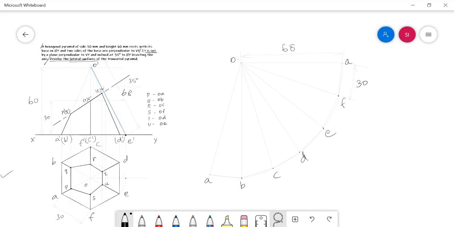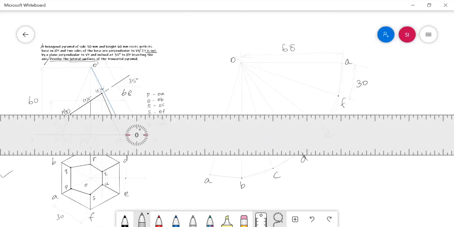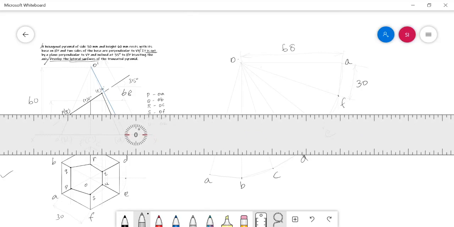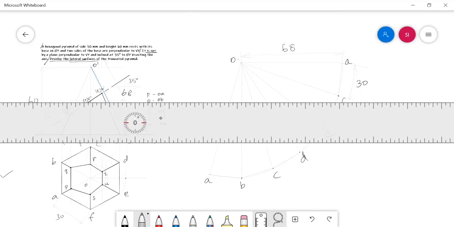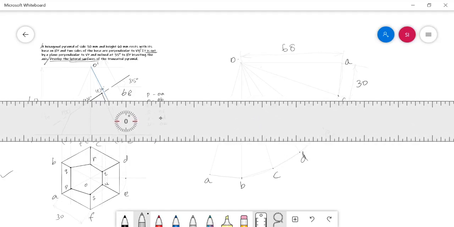So in order to locate the cut point in the right position, we need to project it towards the true slant length line. In this way, all the cut points should be projected to the true slant length line.